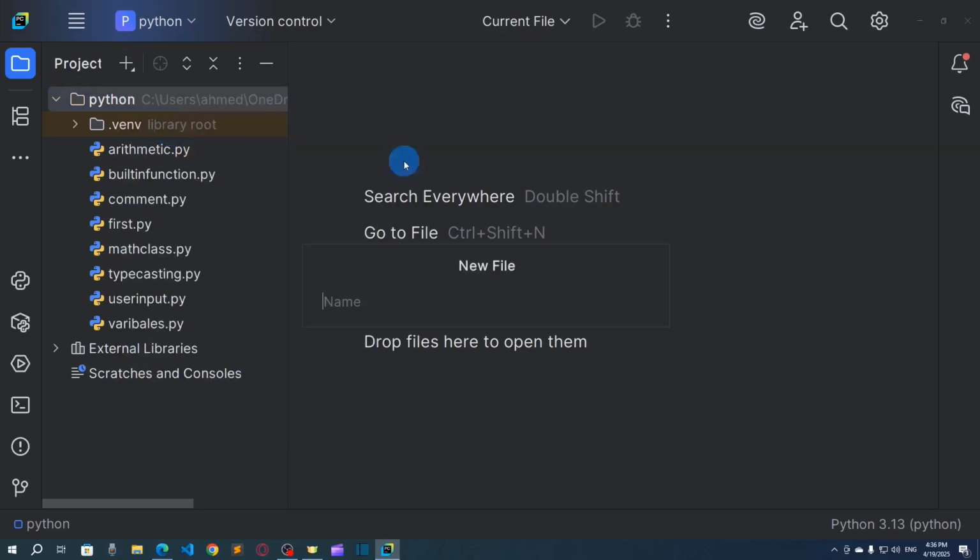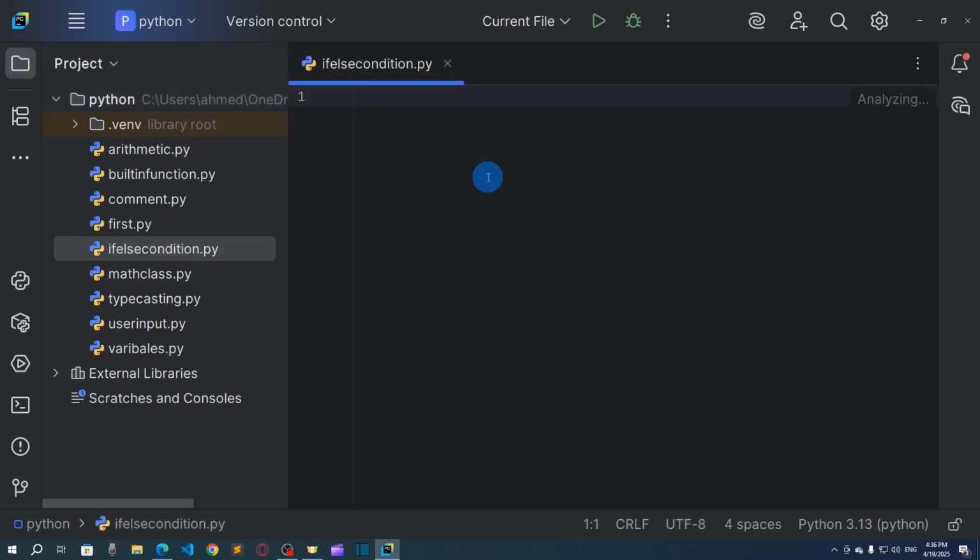In this video I'm going to talk about if and else statement in Python. So here I'm going to create a new file. Let's name it if else condition dot py for the Python. And here let's say I have a variable age, and the value is, let's say, 111. And now I will say if age is equal to, so this is the equal to sign, you have to give double equal for the equal value. So I will say here that if age is equal to 111,